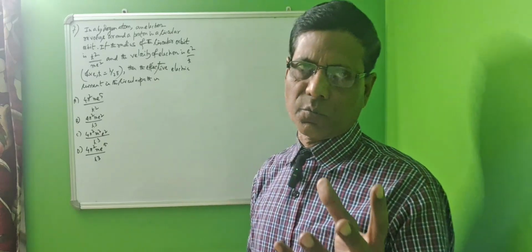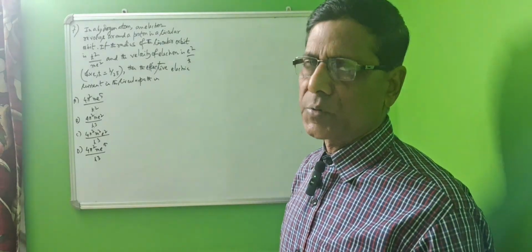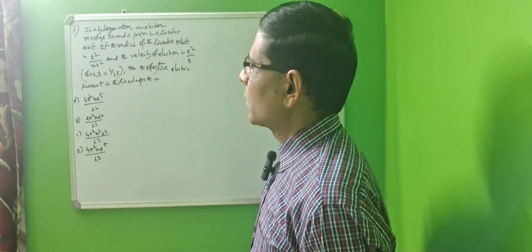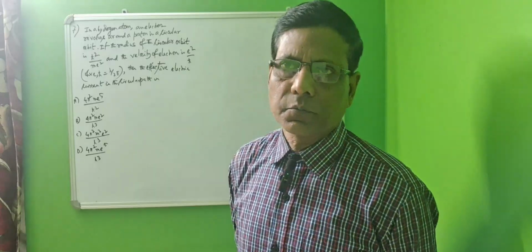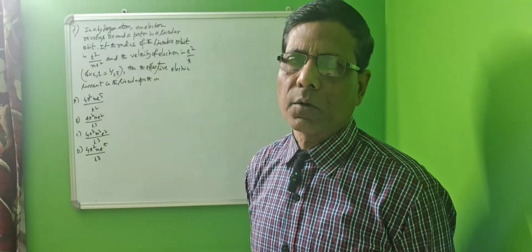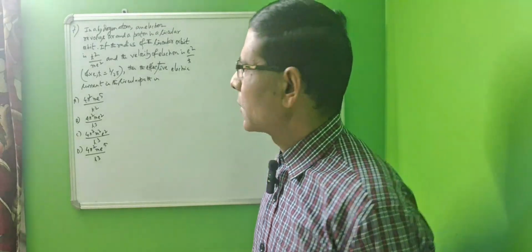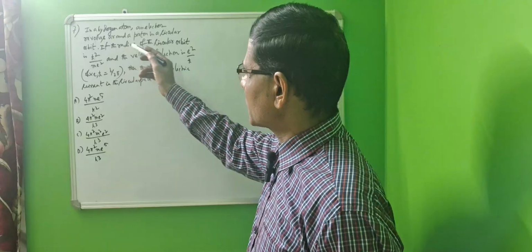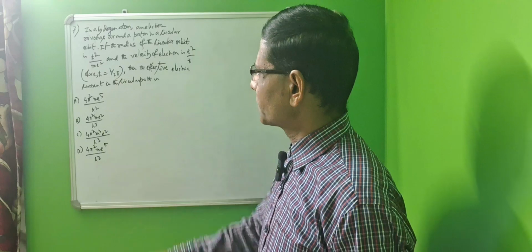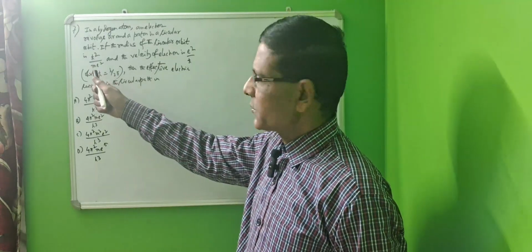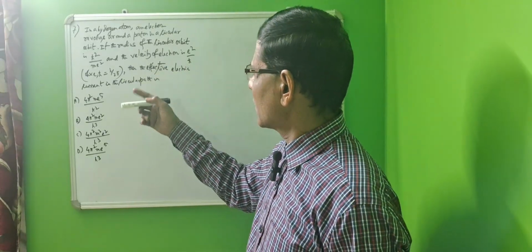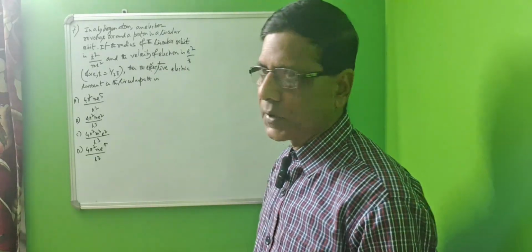This is the hydrogen atom problem, where an electron revolves around the hydrogen nucleus, and at the nucleus there is only one proton, as you know for ordinary hydrogen. So in a hydrogen atom, an electron revolves around a proton in a circular orbit. If the radius of the circular orbit is this, with h prime equal to h upon twice pi, where h is the Planck's constant, and the velocity of the electron is this, then the effective electric current in the circular path is